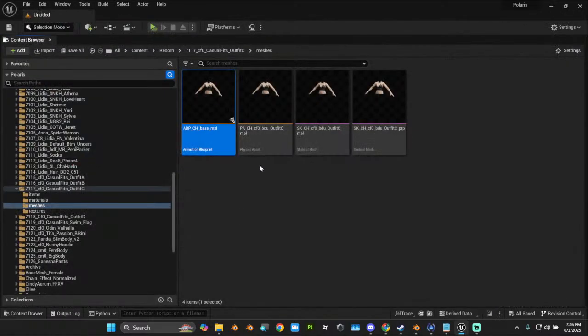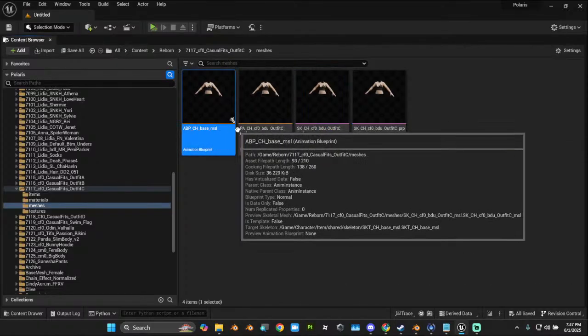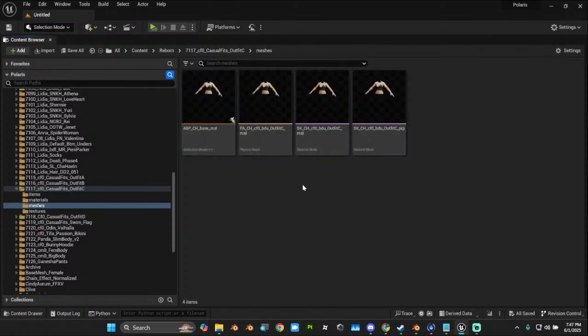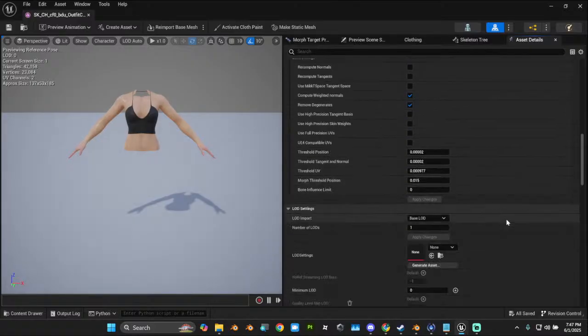And I'm going to jump out of here because I like to set everything up before I start really messing with things. So we're back here. I've got this created. I've got this created and assigned. I'm going to go ahead and get this. Yep, so I'm going to copy that name. I'm going to open up my MSL and I'm going to go down here to